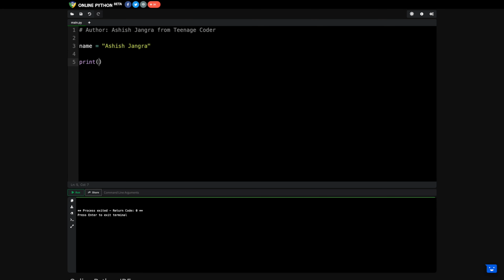So let's first of all print name as well as print the type of name, right? I have initialized a variable in terms of a string, and now if we execute it, in the first line we are getting name Ashish Jangra, and in the second line I am getting class equals string, meaning that it is of string type. Clear? Now let's suppose I want to check how many characters I have in this